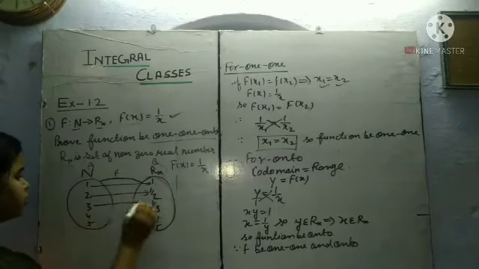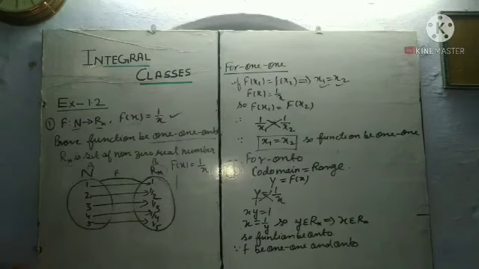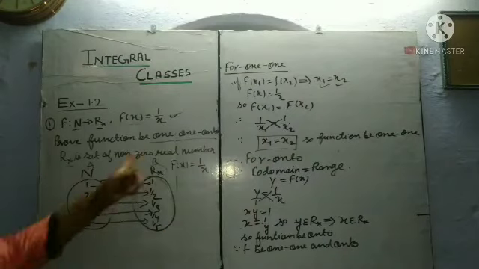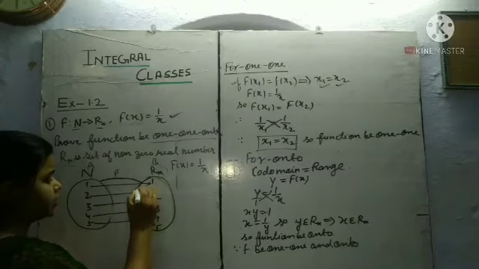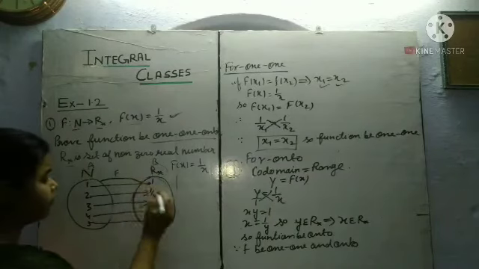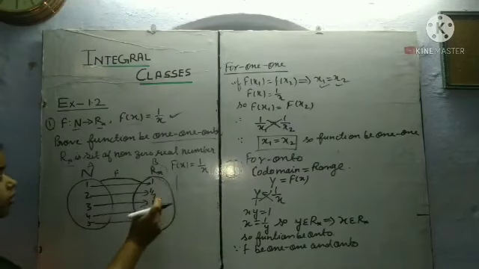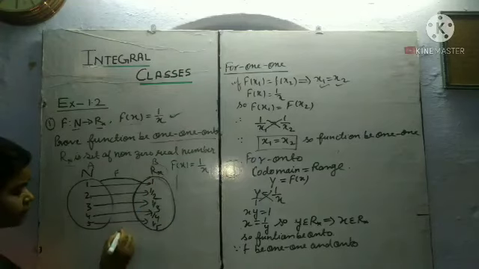As we observe here, every element of set A has its unique image in set B. So it is one-one. Now for onto. As we observe, set B is the set R star, which means non-zero numbers. Now student, suppose we take 1 and 1 by 2, how many numbers exist between them? Suppose f(x) is given as 1 upon x.